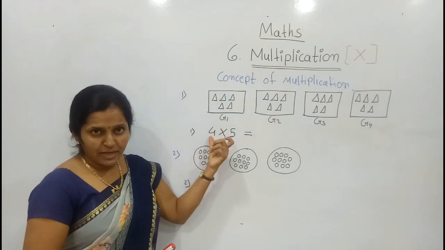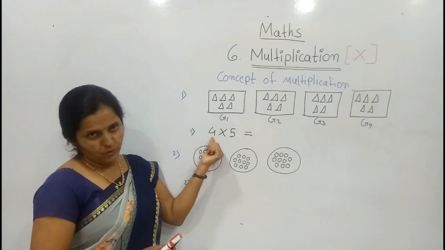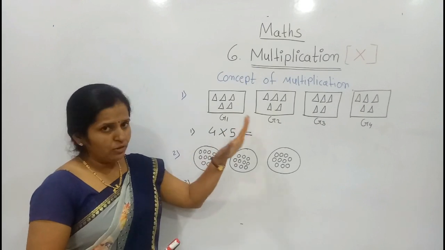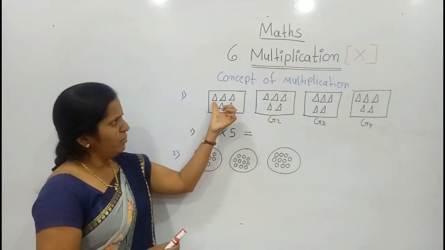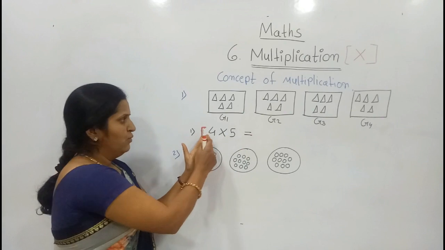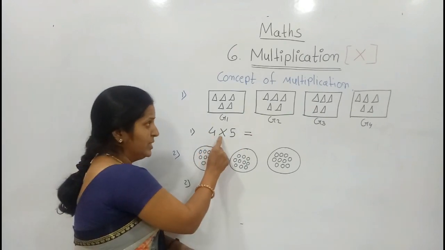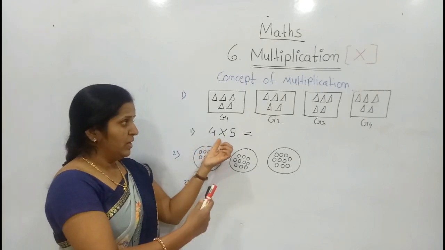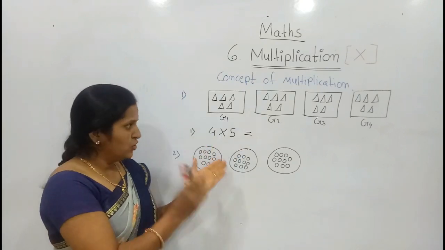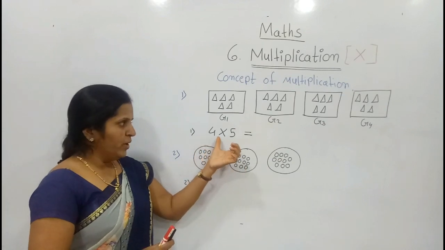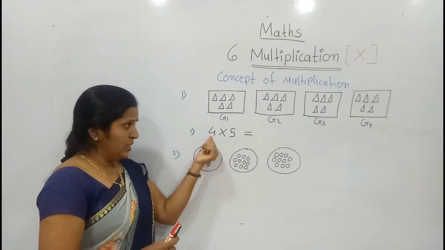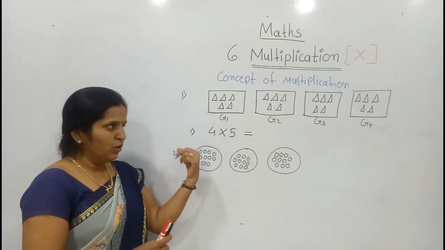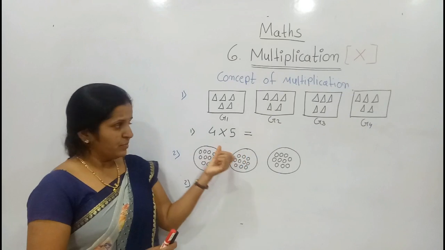For that, firstly write the number of groups. How many groups? 4. Then in each group, how many objects are given? Don't count them all. एकाच ह्याच्यातले पाहिजे. How many objects are given here? 5. 4 into 5 means we have to... This is called multiplication. But in mathematics, don't say 4 multiplication 5. We can in short say into. 4 into 5 means we have to say the table of 4 up to 5, or the table of 5 up to 4. You can change the order of the numbers also.